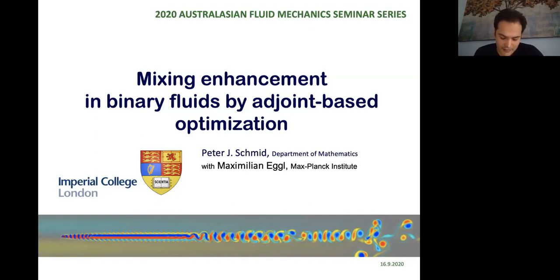And Peter did his PhD at MIT, and then he moved to the Department of Applied Mathematics at the University of Washington. And then he moved to a very interesting place in France, the French Science Research Agency. And currently he's chair of applied mathematics and mathematical physics in the Department of Mathematics of Imperial College London. His research focuses on stability theory, fluid control, model reduction, and computational fluid dynamics.